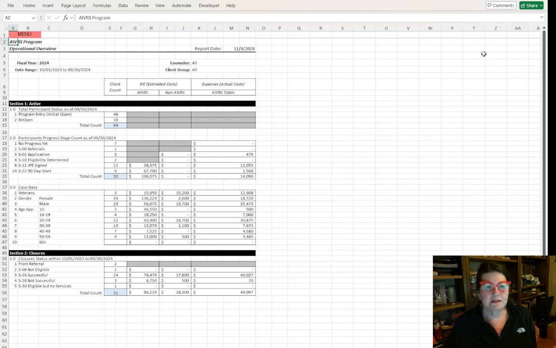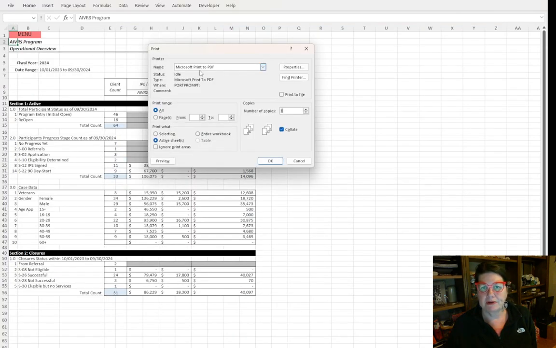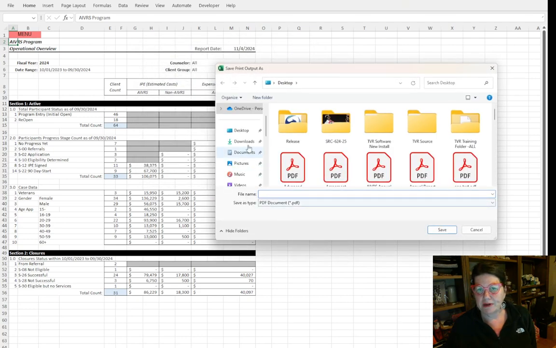All right, so here is the operations report. Here's the stuff we need. I'm just going to do menu, go to print, and I'm going to do print right up here, and I'm going to say Microsoft Print to PDF. Okay. I'm going to go ahead and save it to my desktop. I'm going to call it